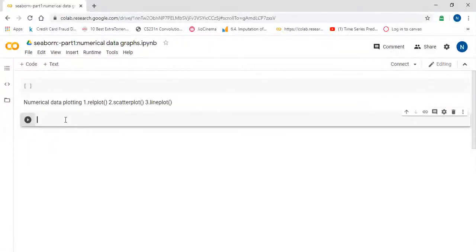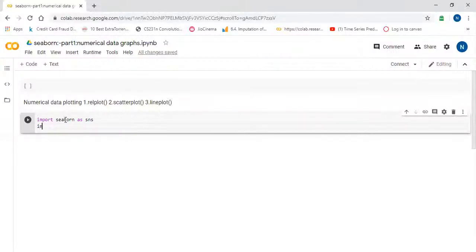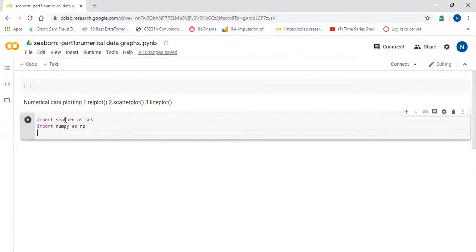Now we will import the Seaborn library and all the necessary libraries which we are going to use in this course. So first one is import seaborn as sns. Second, import numpy as np, import pandas as pd.